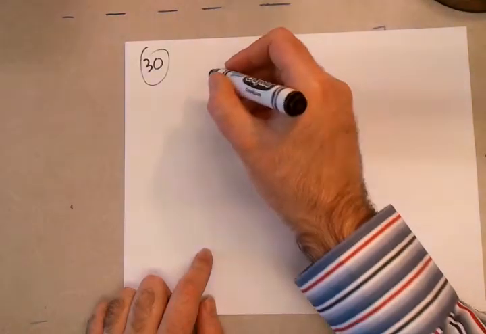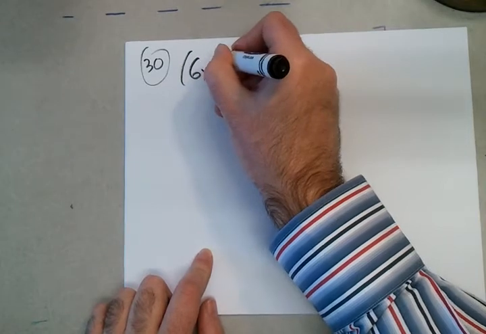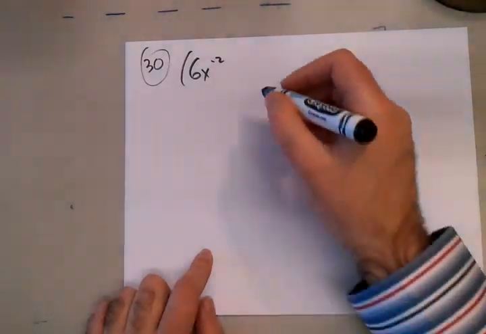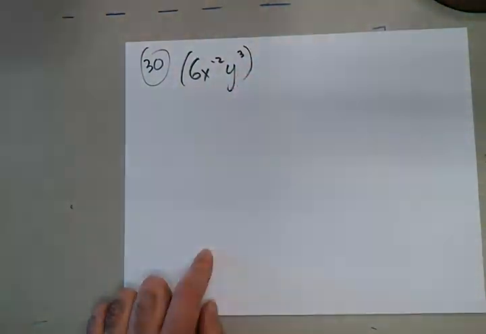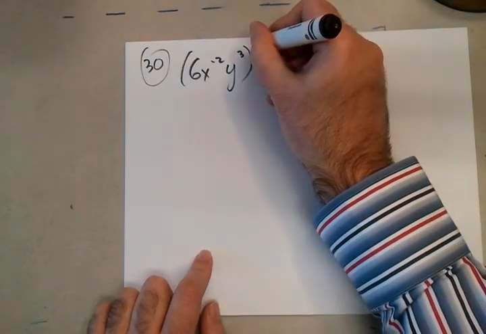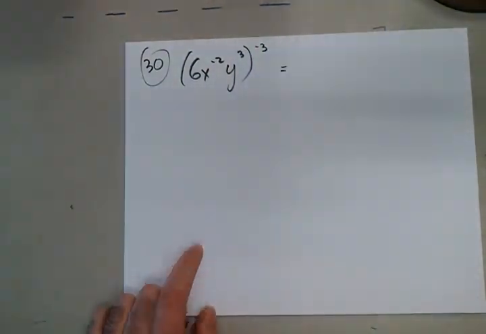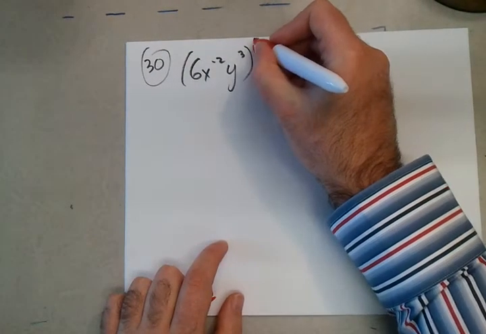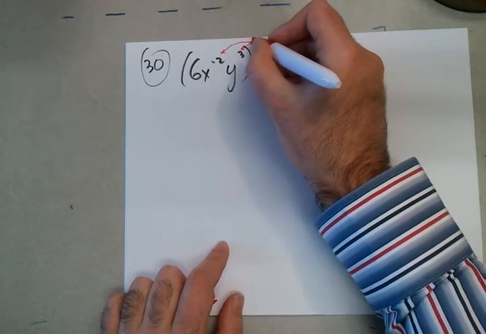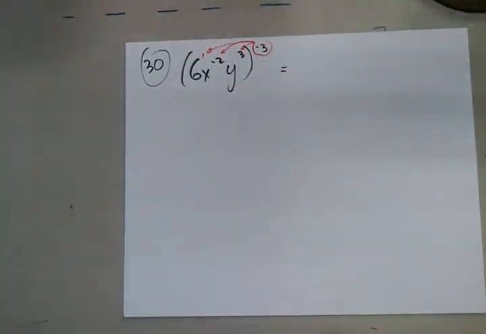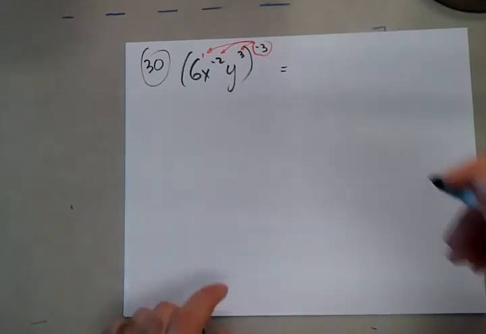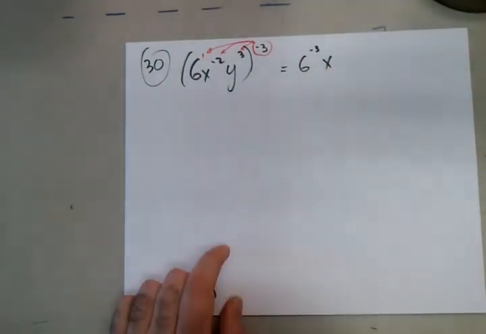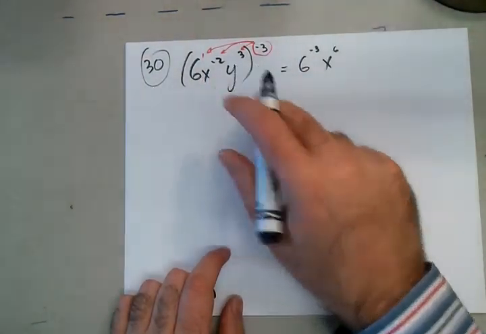We have 6x to the negative 2, and y to the third, everything taken to the negative third. So as a power to the power problem, multiply the external exponent by the internal exponent. So this is going to get multiplied by this, and by that hidden 1 right there. So we're going to get 6 to the negative third, x to the positive 6, because negative 2 times negative 3 is going to be a positive 6, and y